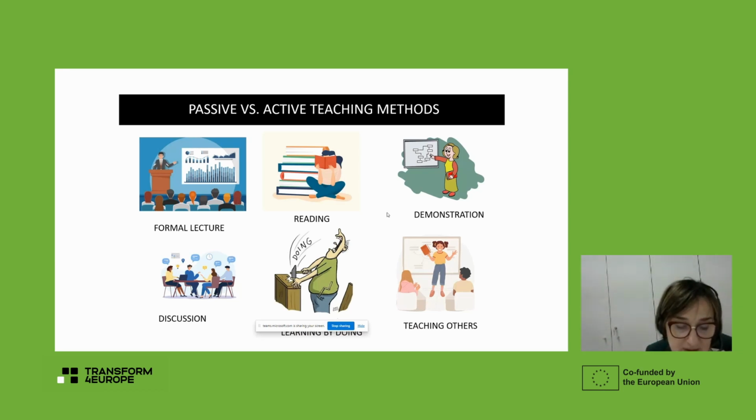When one student teaches another, it is very important for the teacher to guide and direct the learning process. Of course, also the choice of topic is important, the preparation is important, what kind of texts we can use for peer teaching. So this is really very important. It doesn't mean that we're going to just give students articles to read and then teach each other. We have to prepare the material really carefully. Not everything, of course, can be taught in this way, but it is a very efficient form of learning.